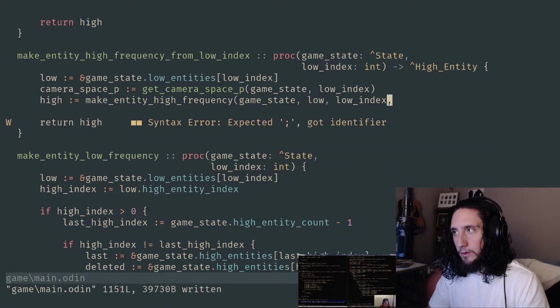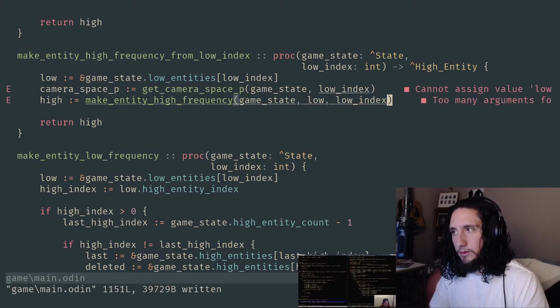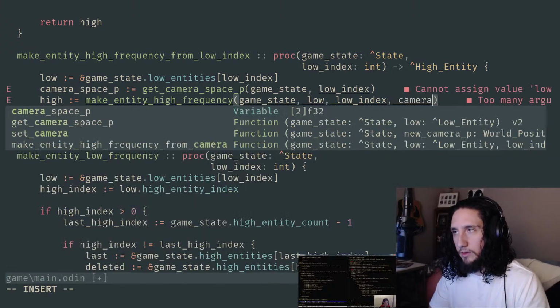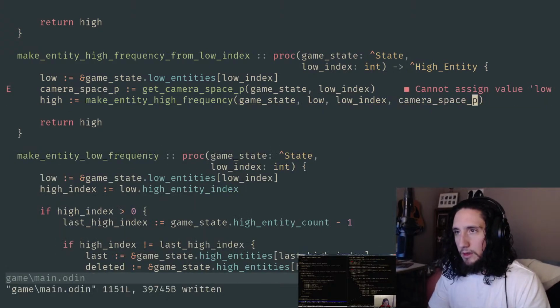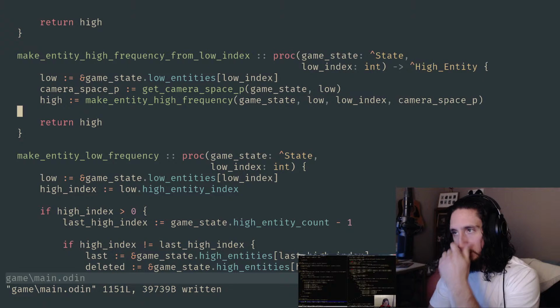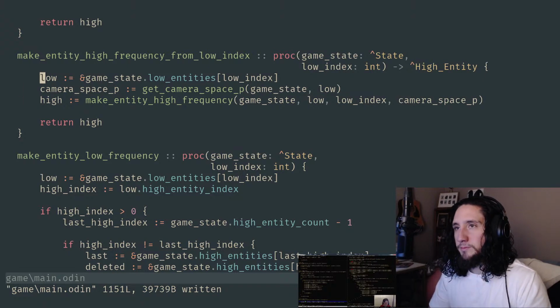I did not close that call right. Well, we're missing, yeah, that's right, I didn't finish writing it. Okay, why can I not assign this? Oh, because this actually takes the low entity. Right. So now we're probably good, it looks like.